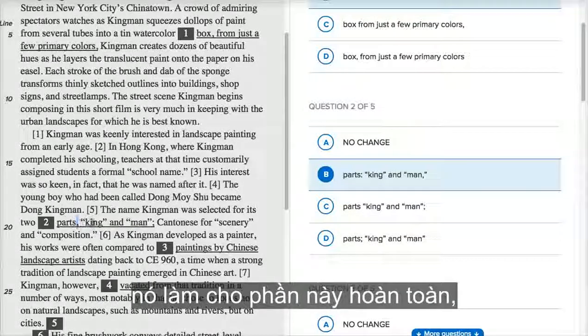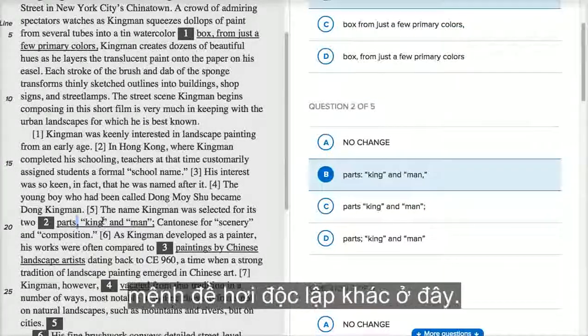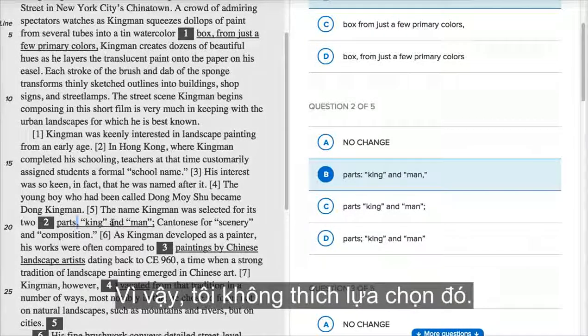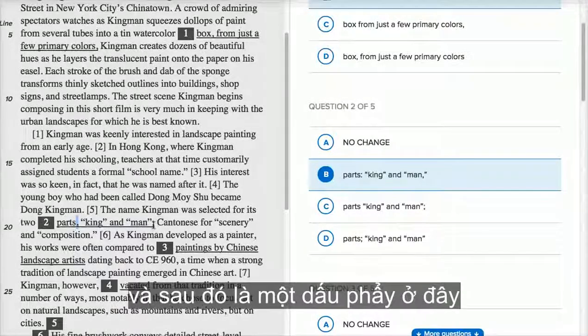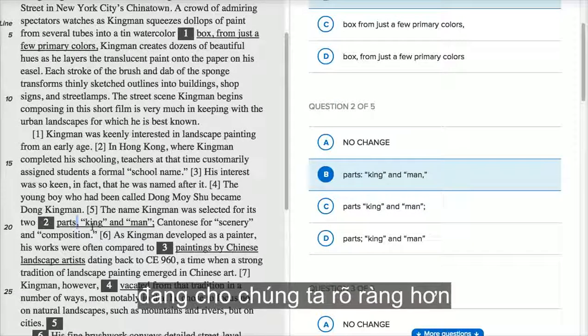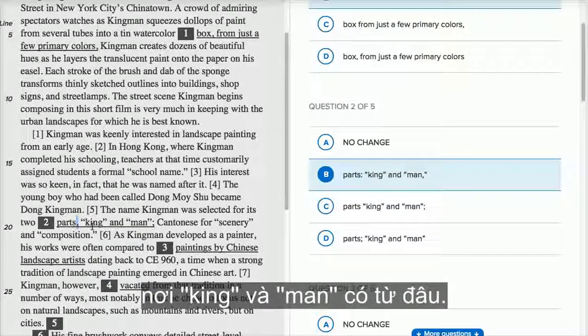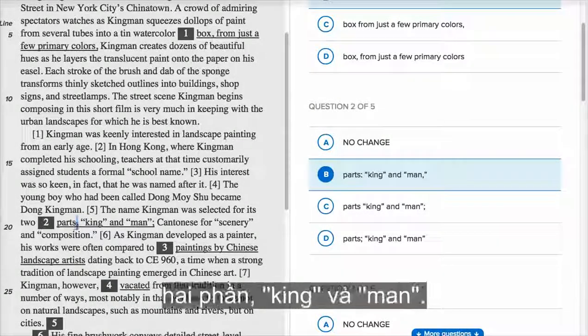It's kind of making this a completely, we're kind of starting another somewhat independent clause over here. So I don't like that. I definitely like putting the colon here and then a comma here, because Cantonese for scenery and composition is giving us more clarity where the king and the man is coming from. So I definitely like it, but what really convinces me is putting the colon here because it enumerates the two parts,